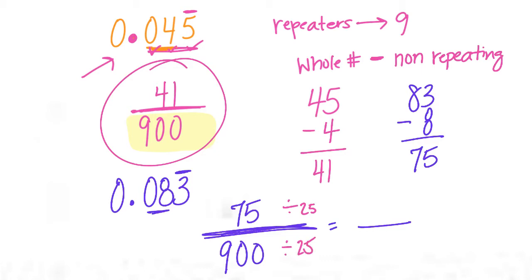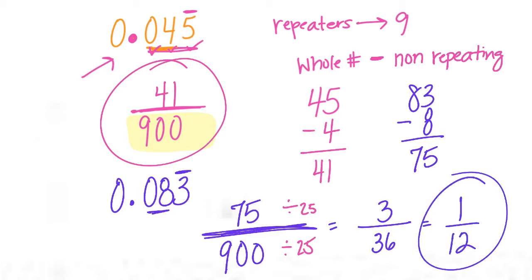And it looks like my answer is 3 over 36. Oh, that can continue to reduce, 1/12. So let's just take in our calculator. I'm assuming we don't have calculators. Remember, on some tests and quizzes we have calculators, some parts we don't. So if I take my calculator and I take 1 divided by 12, I do get 0.083 repeating, which was